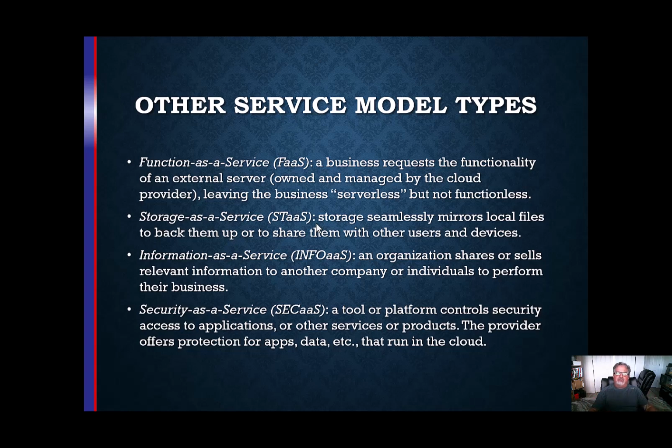Okay? So security as a service, what is it? We are utilizing the secure infrastructure at Amazon or Microsoft or IBM or HP or Google, kind of the big 5, if you will. We're using their built-in security apparatus, built-in security functions, built-in security tools, and built-in security consulting, and we are paying monthly for them to provide to us the configurations and the security that we need. In essence, they're our security consultant.